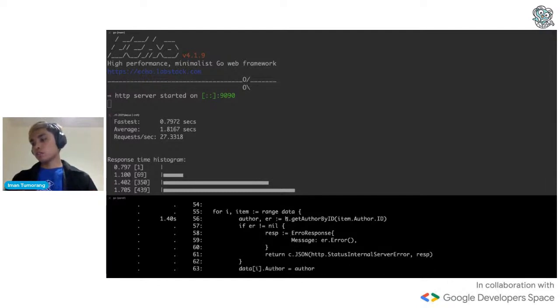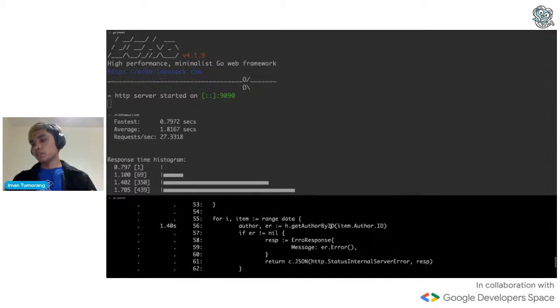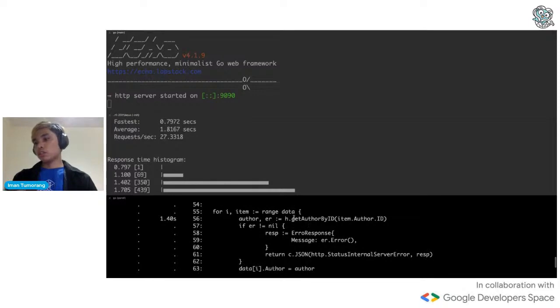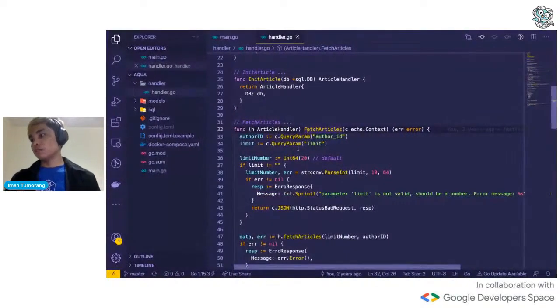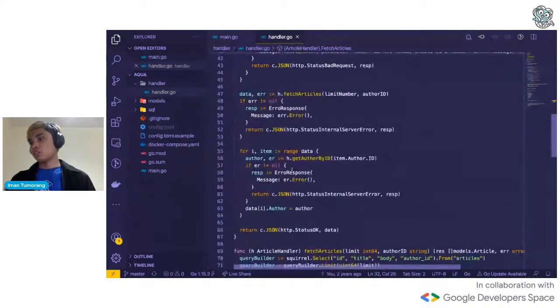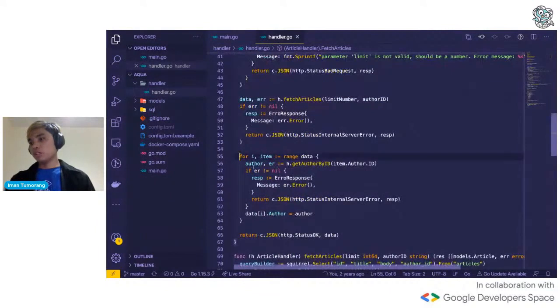Okay, maybe the root cause is the get author call, but is it the get author call or our function? Why is it slow? We can check our functions again. It's slow maybe because we do a synchronous loop here.